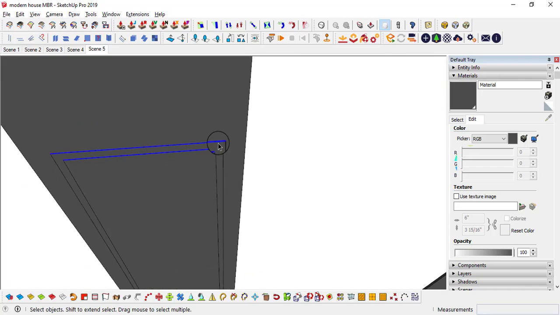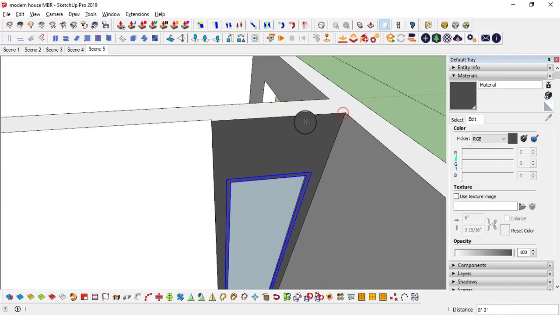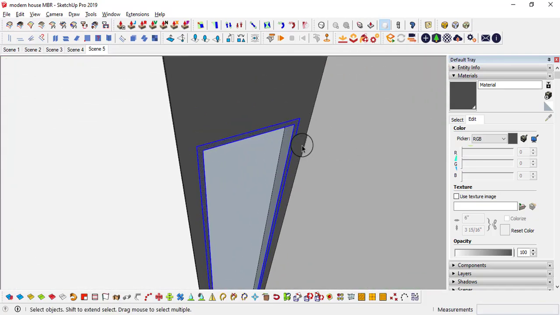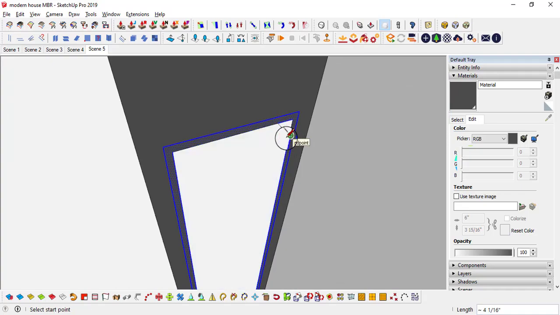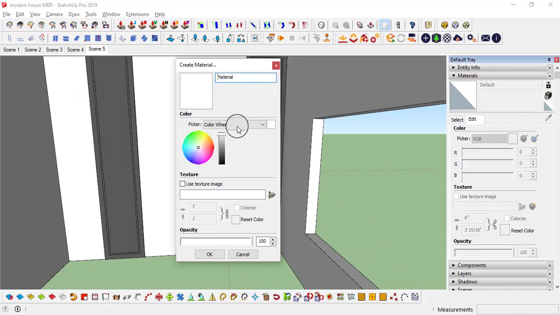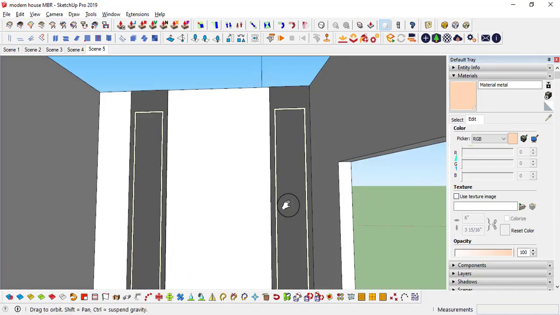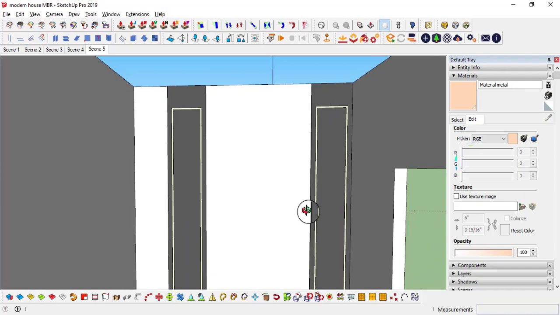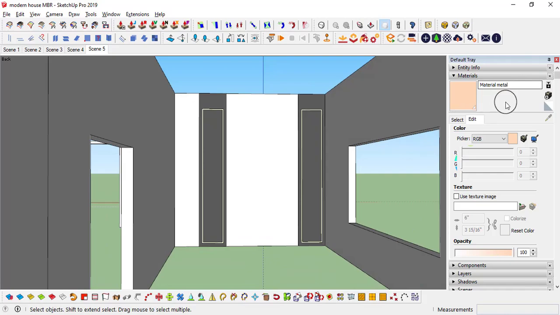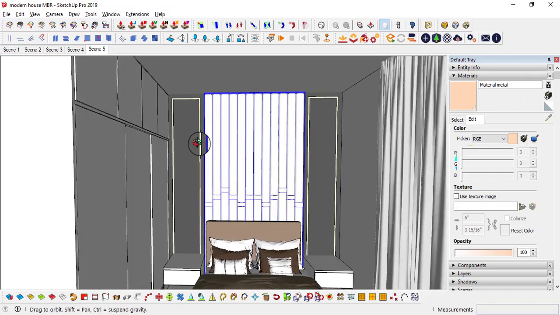And I will select this face, the inside face, M control, select this edge and this edge. Sometimes you may delete this face, no problem, just draw a line and it will cover it, and use the material, that's it. And again I will create a new, probably light orangish color. I will use metal properties on it. Okay, so these two borders are going to be a metallic finish. Metal or mirror, while rendering we will change the properties again, but directly I have added a material command like metal. And next step, this one is black.